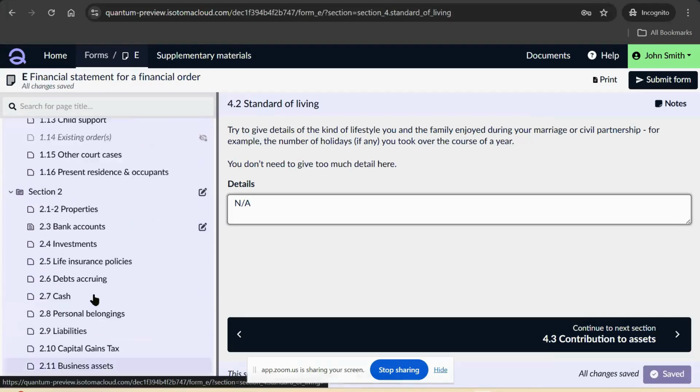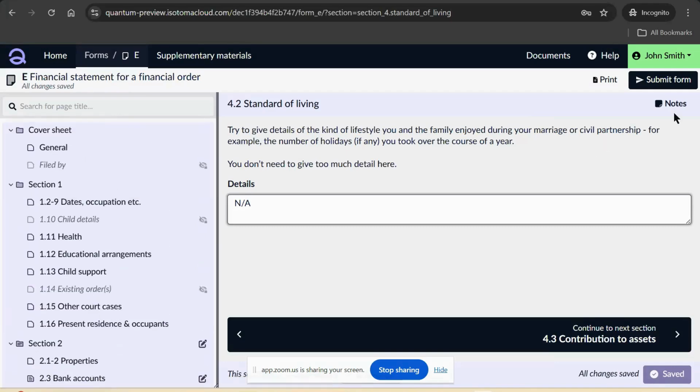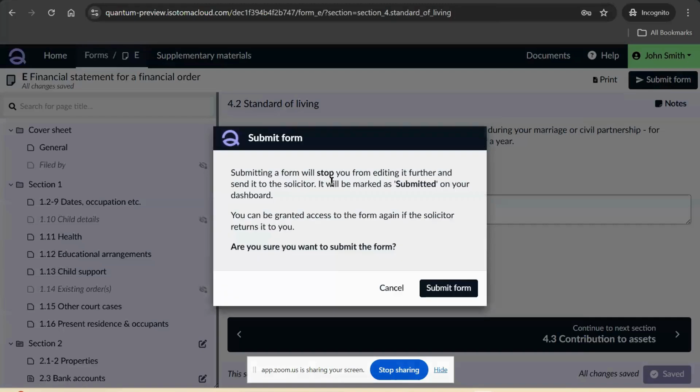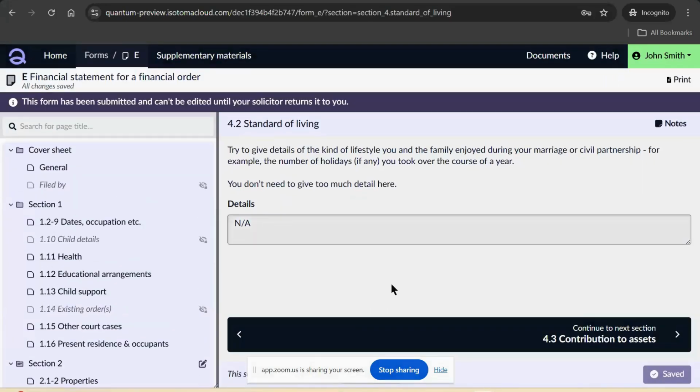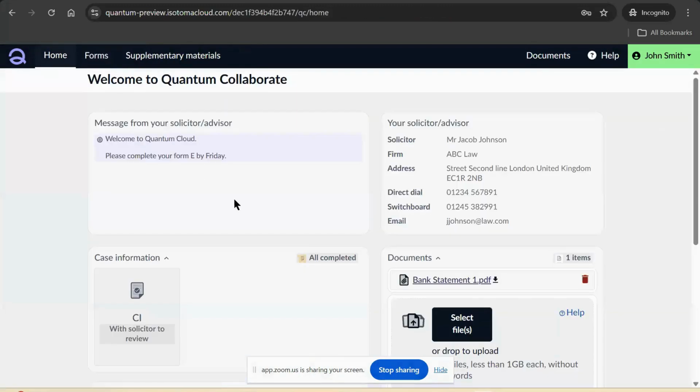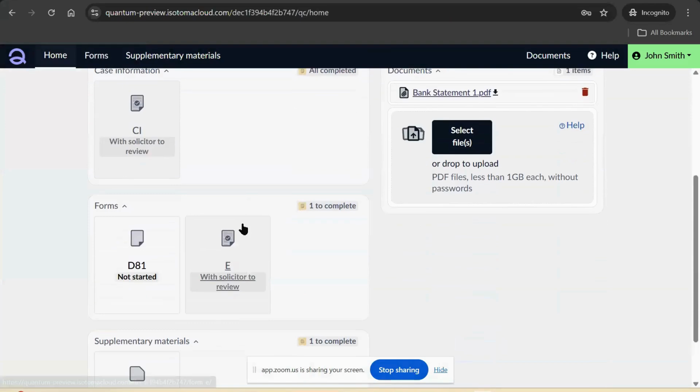Once your client has finished with the form, all they would need to do is click Submit Form in the top right-hand side corner. They'll then get a pop-up to confirm that they want to submit the form, and that once it's submitted, they won't be able to make any more changes. So we'll just click Submit Form, and now we can see that we can't make any changes to the text box. Just for the purpose of this, I'm just going to go back to the dashboard,